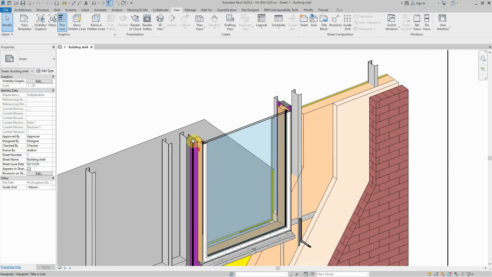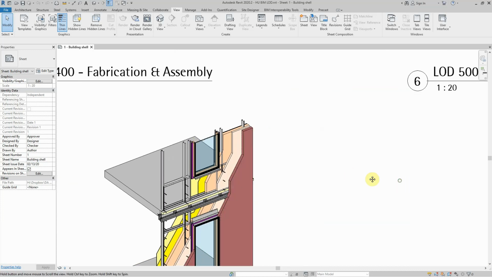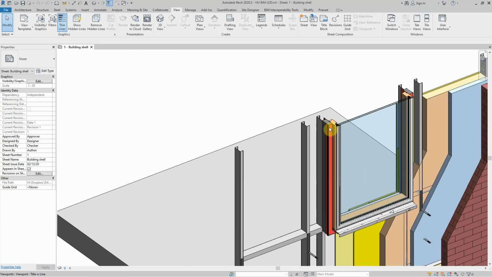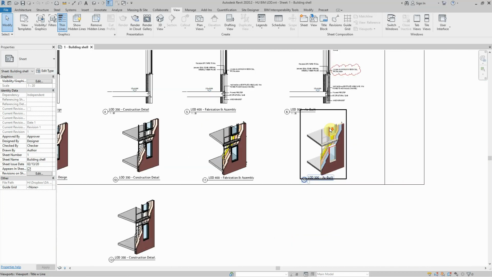Similarly, the cavity closer that we specified here is on a long lead, and we could not get it in time for our construction, so we had to re-specify a cavity closer, and as you can see, this is a different kind of cavity closer. So I hope this gives you an idea.